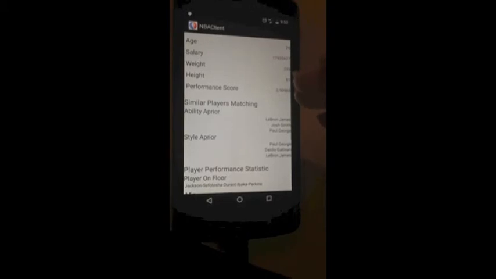Then the similar players that match this player are listed here, like LeBron James, Josh Smith, Paul George, or Danilo Gallinari. Then here again we have the names of four other players that have frequently played together in the last season. As you can see, they have played 549 minutes together in the last season, and then again we have some professional statistics of those games, like the percentage of offenses, defenses,